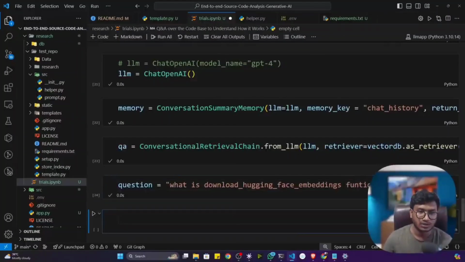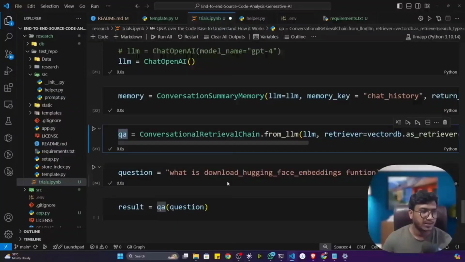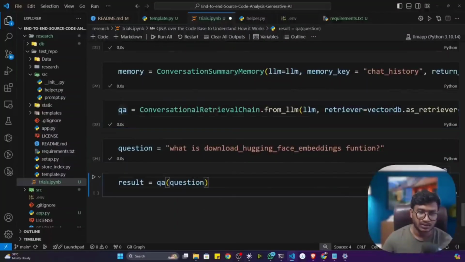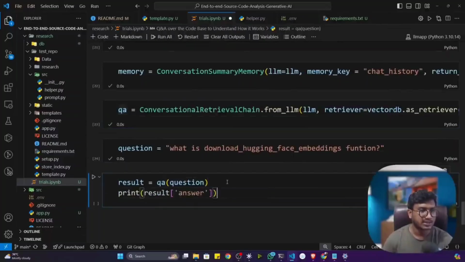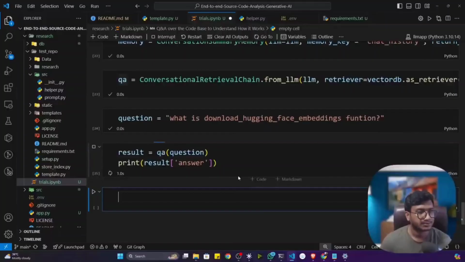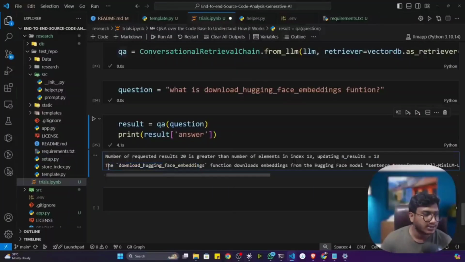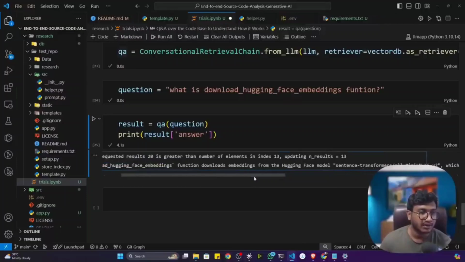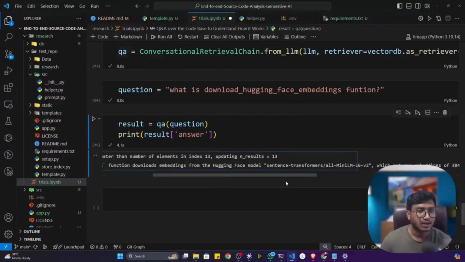So this is my question. I'm going to pass this question inside my chain, and it will give me results, and I'm going to extract only the answer from the result itself. Now let's see. So guys, you can see I got the answer. The download Hugging Face embedding function downloads the embedding from the Hugging Face model. So this is the model actually. Now see, if I open it up,